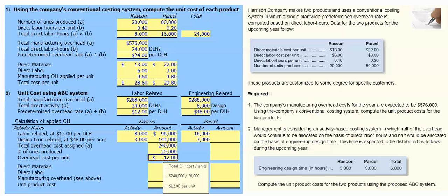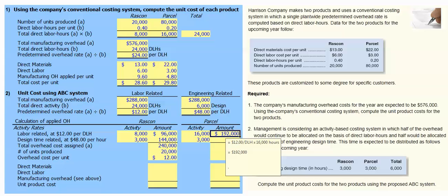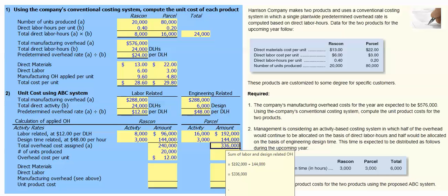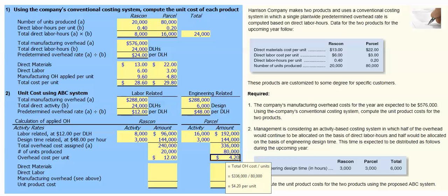For the Parcel, we will allocate $192,000 worth of labor-related overhead. This is our labor-related cost of $12 per direct labor hour multiplied by the 16,000 hours. Design time-related overhead cost will be $144,000, which is our $48 predetermined overhead rate multiplied by 3,000 hours. The total amount of overhead assigned to the Parcel will be $336,000. Since we plan to produce 80,000 units, the overhead cost per unit for the Parcel is estimated at